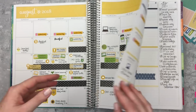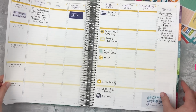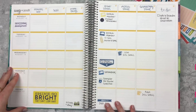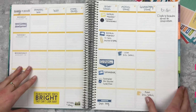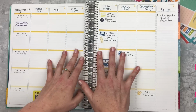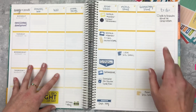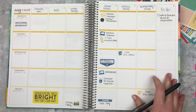It was worth the struggle, and I'm excited for this week here and here because I think this is going to keep me very organized, and I can definitely categorize everything in here. That's going to be really helpful. So this is the week, this is next week basically. So I need to talk to the middle school principal about an observation that he needs to do for me for my grad school